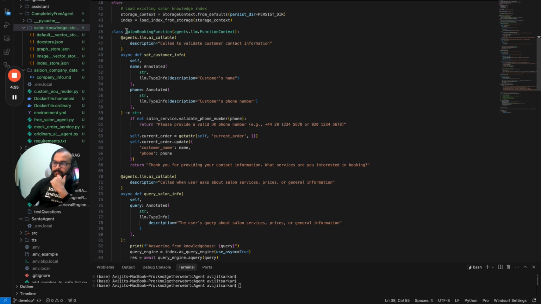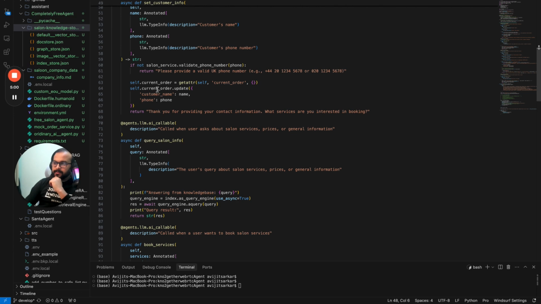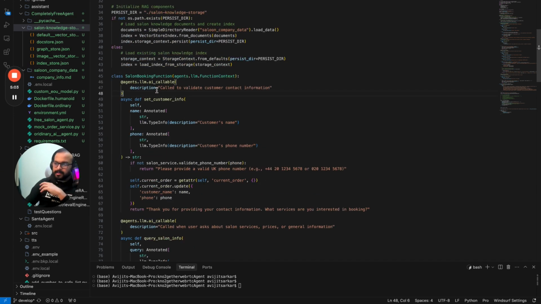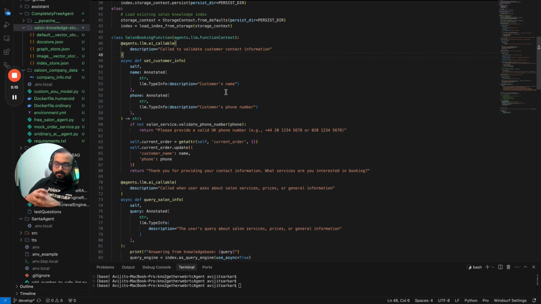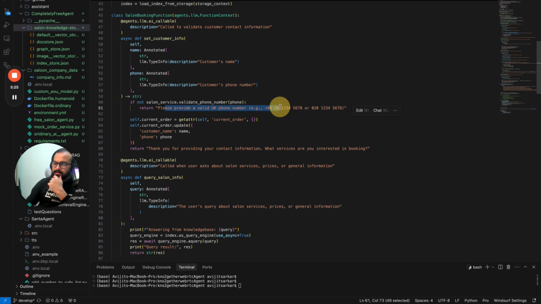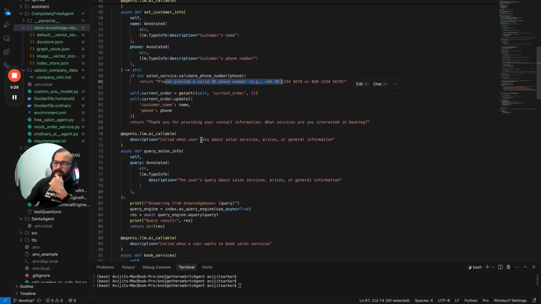And then I have created a separate class called salon booking functions, and in the salon booking functions we have introduced a couple of tools, or rather functions. So the first function is set customer info. The AI agent will call this particular function to validate customer contact information. For example, if a customer has called up and tried to book a service, of course you need the customer's name and phone number. So that's what it's going to ask, and it's going to validate whether it's a UK number or not,